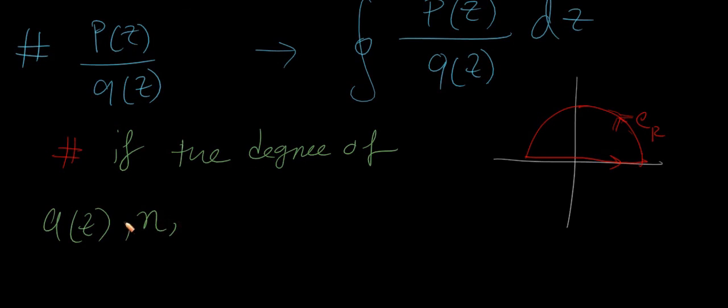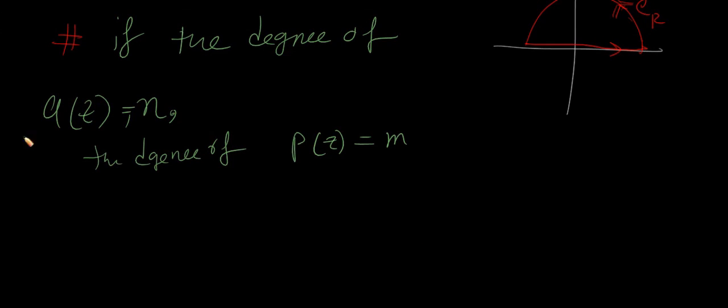So the degree of q(z) equals n, and the degree of p(z) equals m. If this n is greater than m plus 2, if this condition is satisfied, then